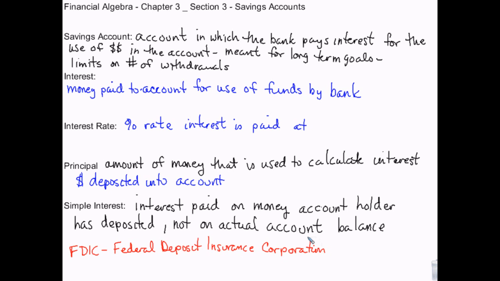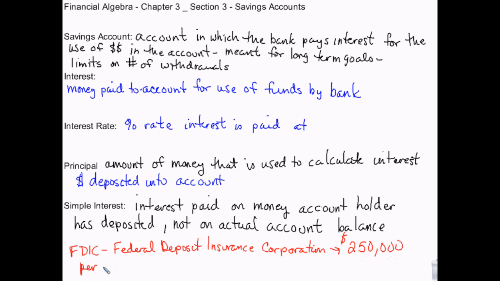You never want to bank with a bank that does not have FDIC stickers on the doors or somewhere on the bank property. They're federally insured. Now, banks are insured by the FDIC. Credit unions are insured by another, it's not FDIC, but let me look it up real quick. Okay, so credit unions are NCUA, and they're insured for $250,000